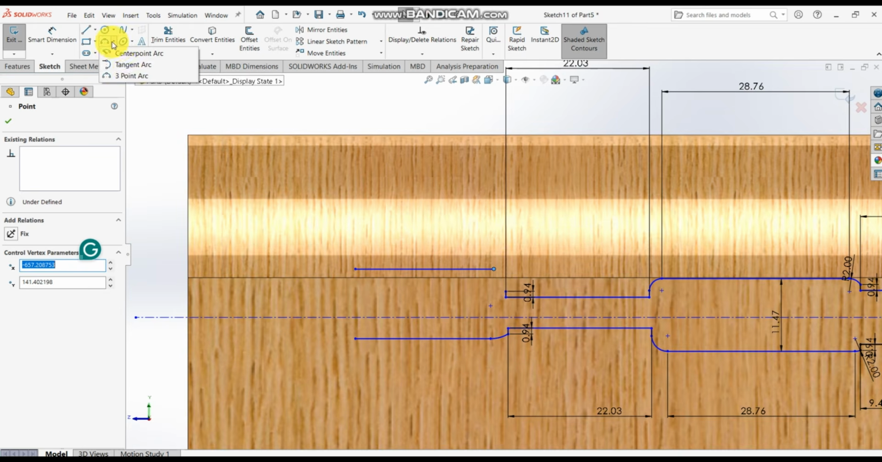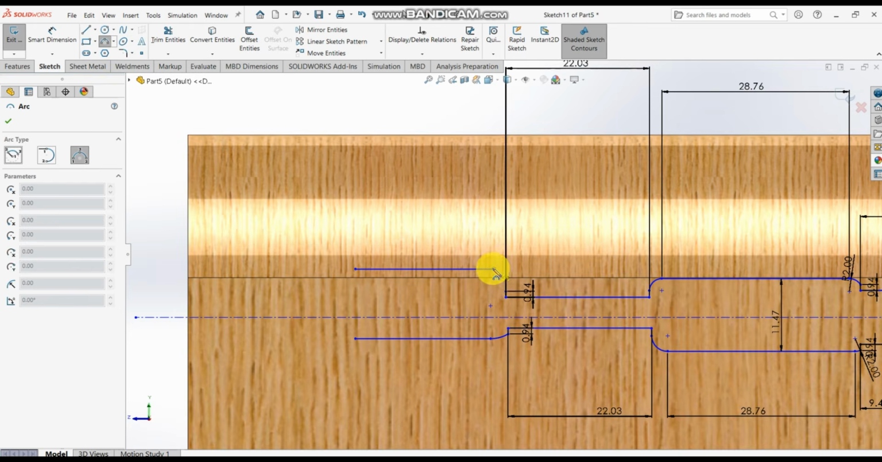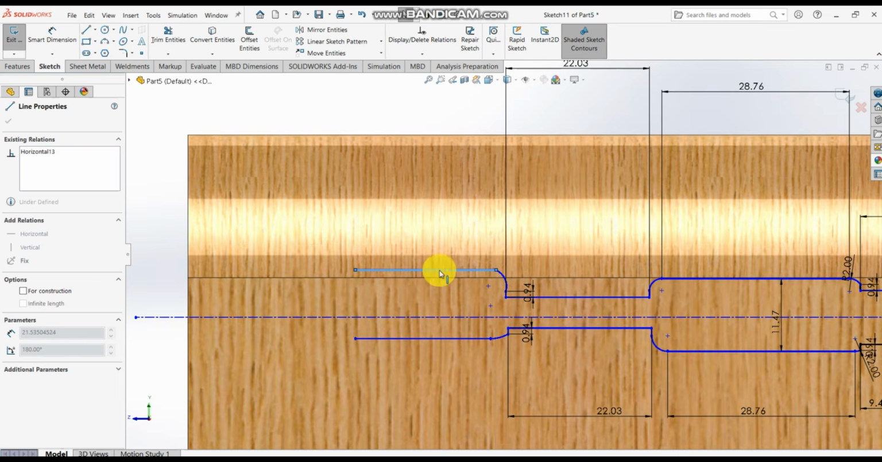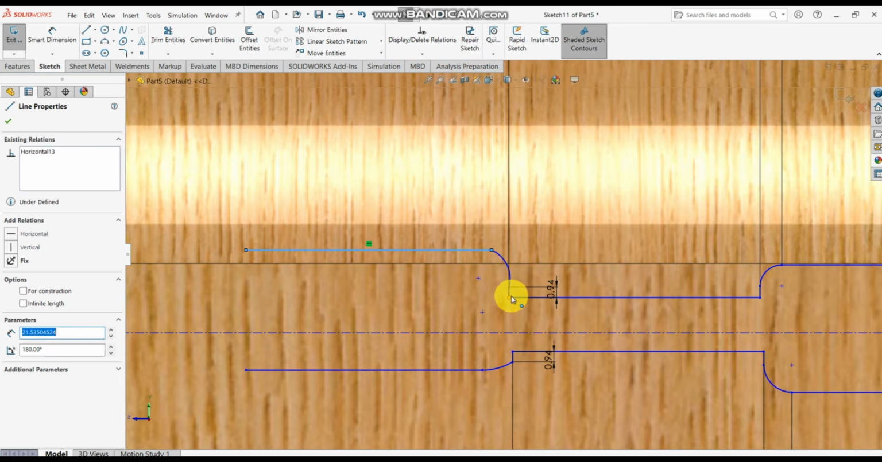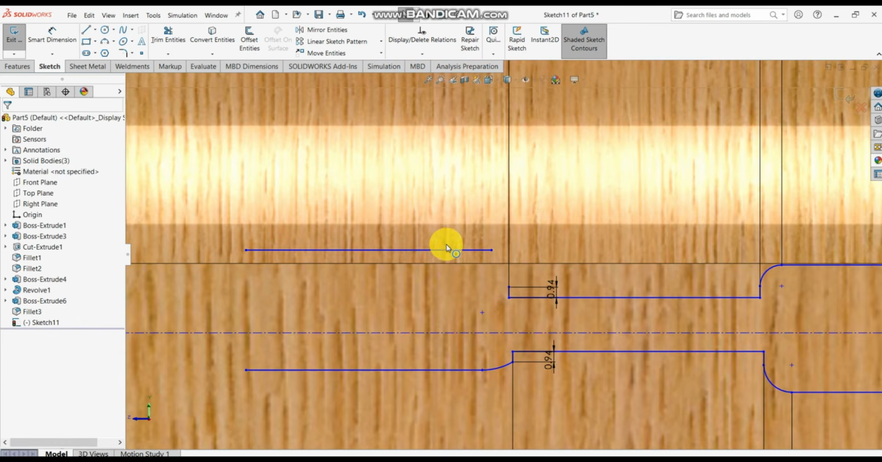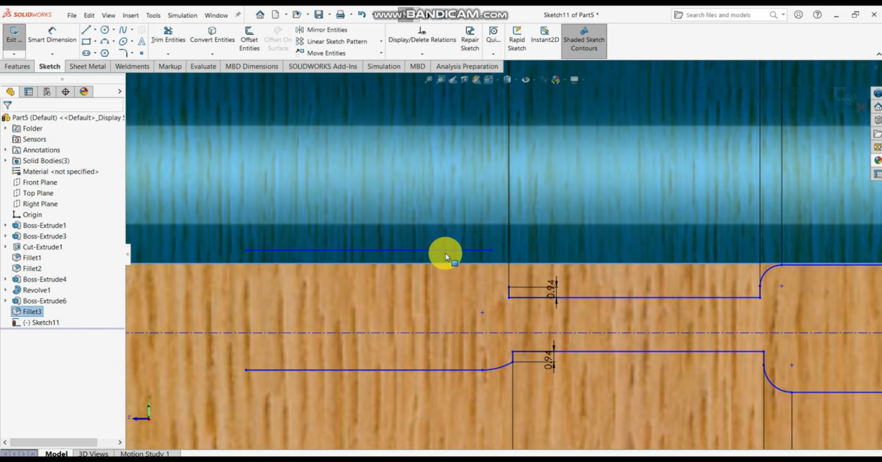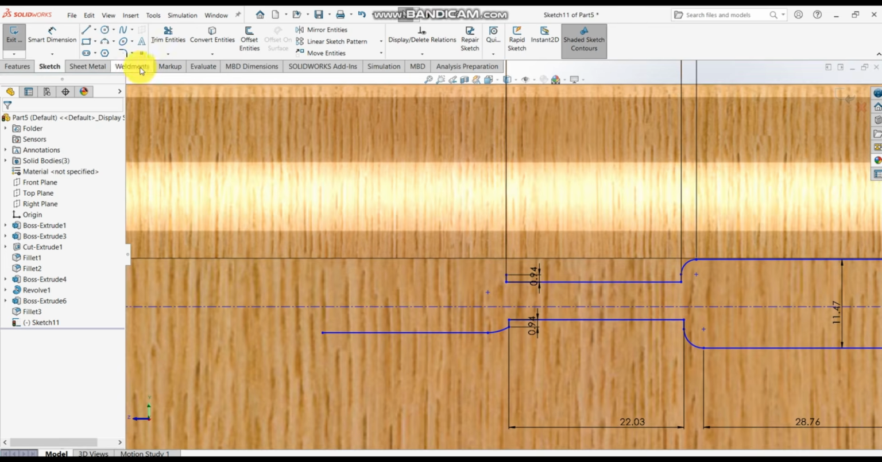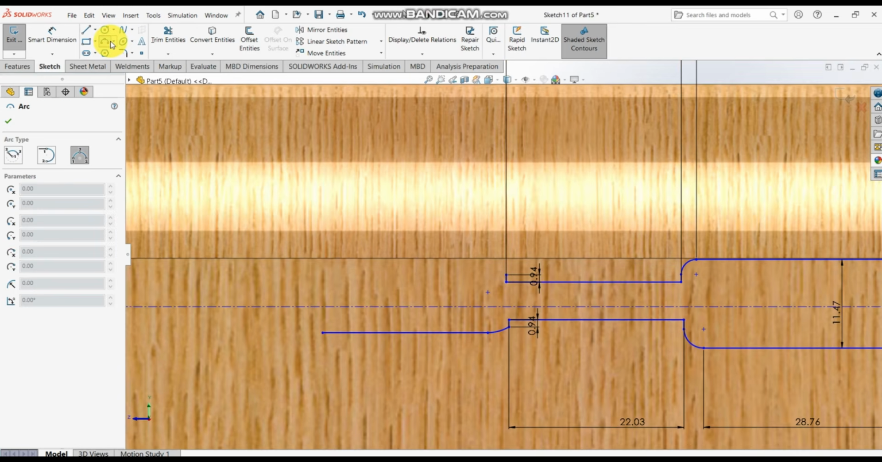Then 3-point arc again. 3-point arc. So we're not going to use the same distancing. Sorry. Let's see how we can get this done. So I'll bring it down a little. No, okay, not this. I'll delete this, and I'm also going to delete this. Then I'll come to this area, come to this 3-point arc,